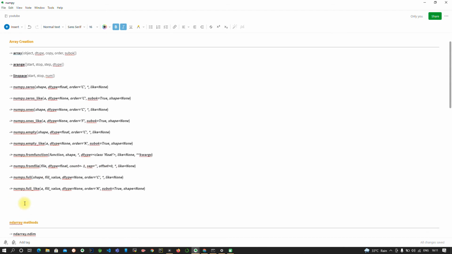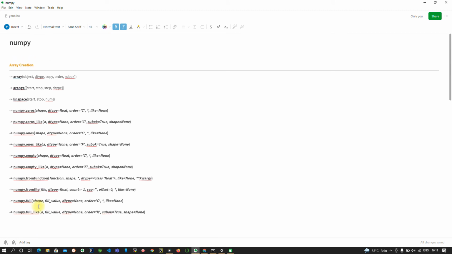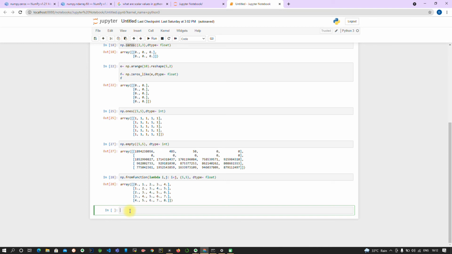Then we will use numpy.full and full_like. I will tell you about full only. full_like is the same thing; here you need to pass an already created array, and the fill value and other parameters remain the same. So let's use the full function to create an array. We will use np.full. We'll look into the arguments.